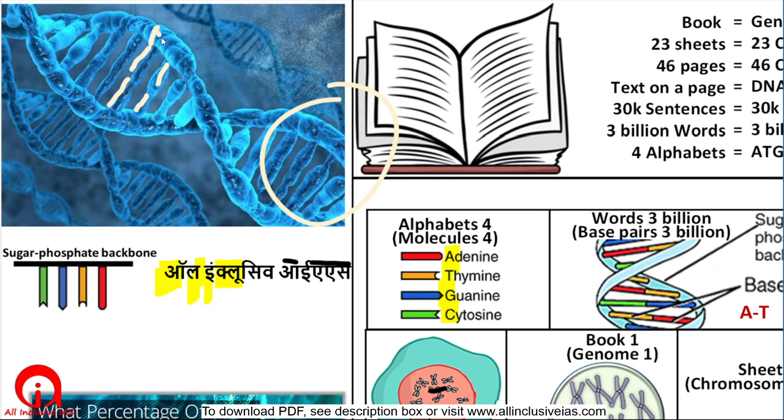So this is, let us say, A. A will always pair with T, and this is suppose G, so here will be C, and then here could be T, then here could be, you may say, C. So the opposite one will be fixed always. Okay, that is one rule.